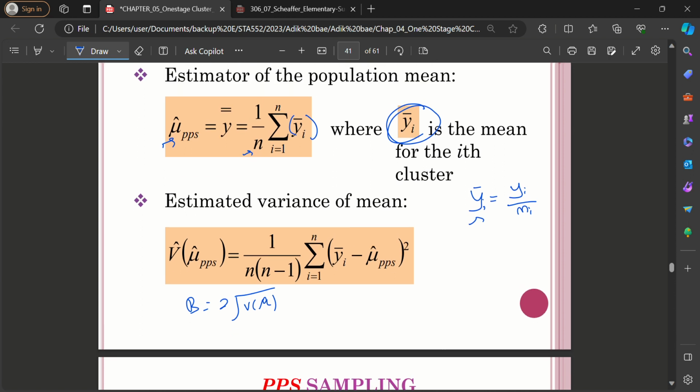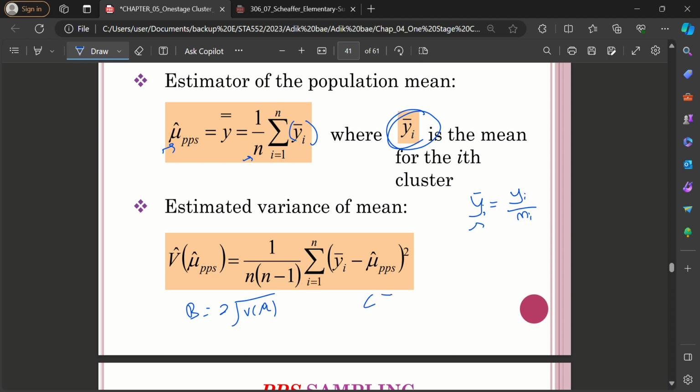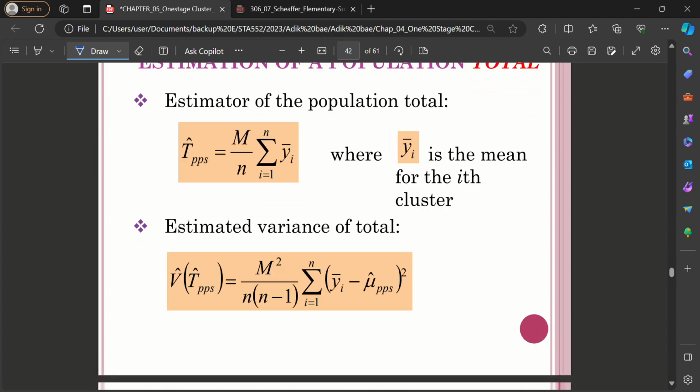Okay, and then macam biasalah, you boleh juga cari confidence interval using this value of variance. Let's say nak cari confidence interval untuk mean will be y bar plus minus z, okay, alpha over 2 multiply the standard error, which is the square root of variance of y bar lah, y bar PPS ni lah. Okay, which is y bar lah kat sini kan, which is the mu hat PPS. Okay, let's see, tengok